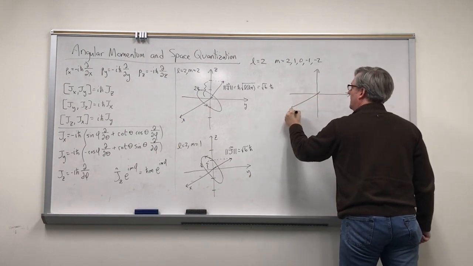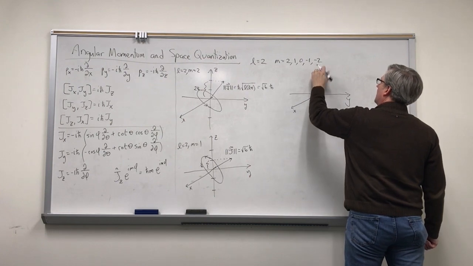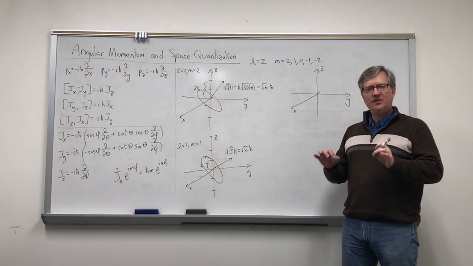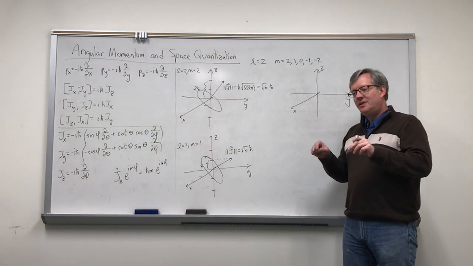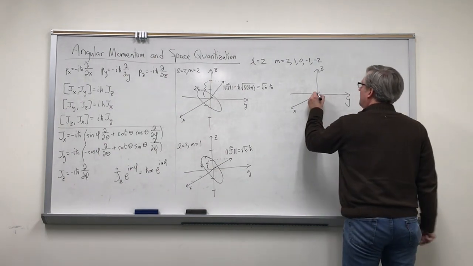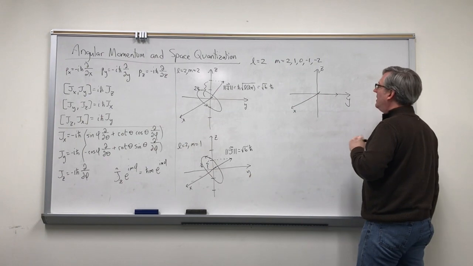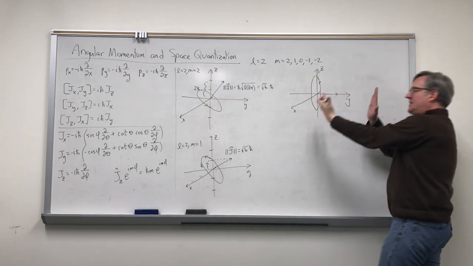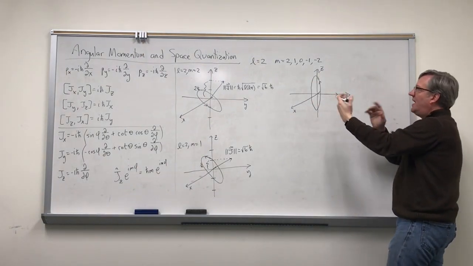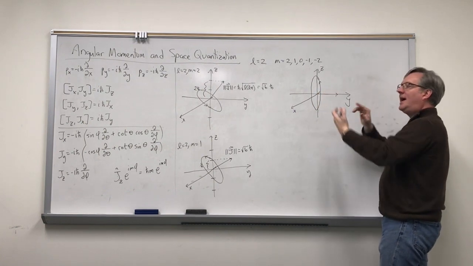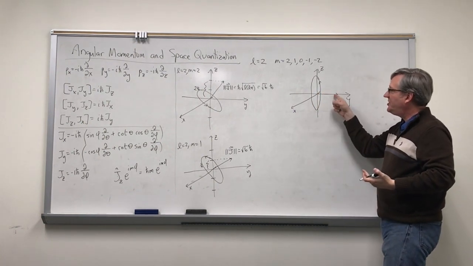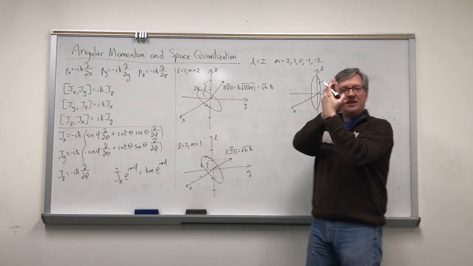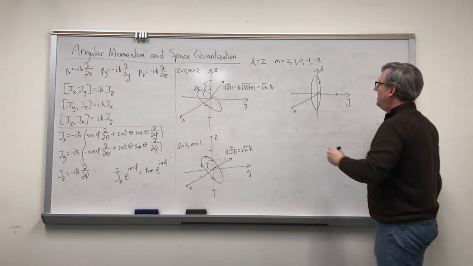For m equals 0, now where's my angular momentum vector going to be? Now I need a 0 projection onto the z-axis, which means the angular momentum vector must be in the xy plane. So I'm simply going to point it along the y-axis arbitrarily, which means that the rotation contains the z-axis. But from this point of view, that is from the positive y direction, I've now got a counterclockwise rotation. I still don't know the orientation with respect to x and y. I just picked one here to draw it. It could be in any orientation, right? Any position relative to x and y,